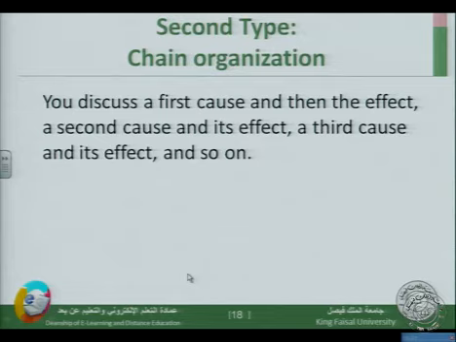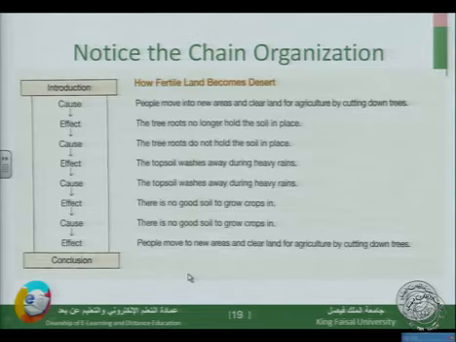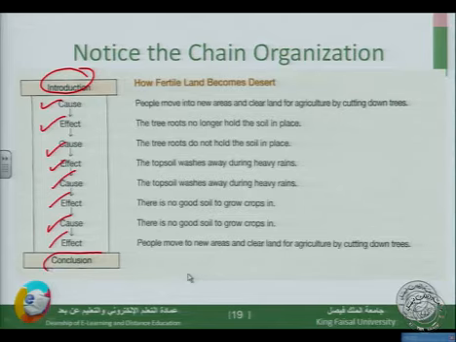مش مثل block organization. In the block organization, you mention all the results or reasons in one block, and then you mention the other. In chain organization تذكر سبب ونتيجة، سبب ونتيجة، سبب ونتيجة. لاحظوا الآن هذه مثلا structure diagram for the chain organization. عندنا هنا المقدمة تذكر سبب نتيجة سبب نتيجة سبب نتيجة سبب نتيجة conclusion. بغض النظر كم هذه عددهم، ممكن أقل،